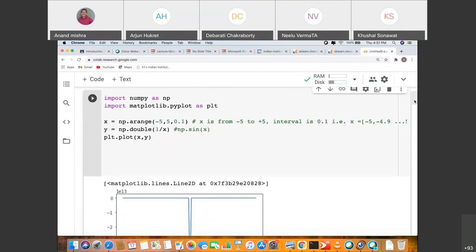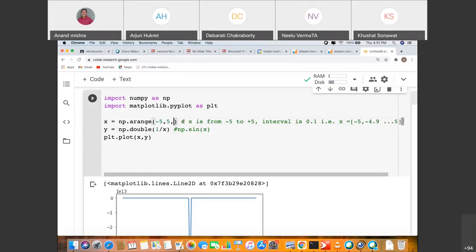Sir, what we are plotting here is minus 5 to 5, and in one axis we are using 0.01. So if this range is divided into 1 upon x, then it is a minor value. That's why it is plotting all these values exactly the same, but it still is some value, right?